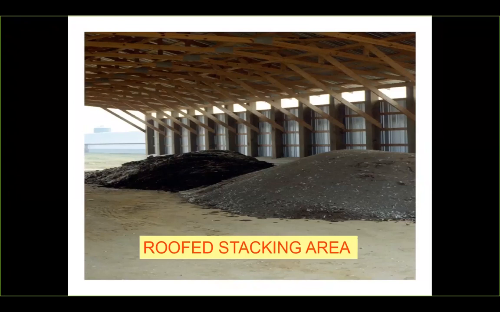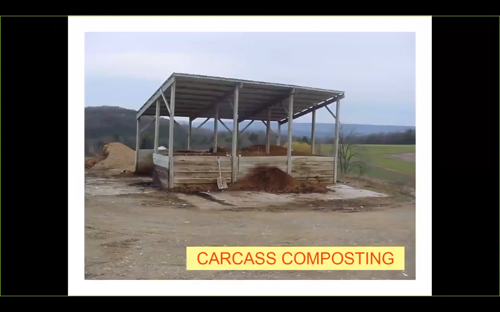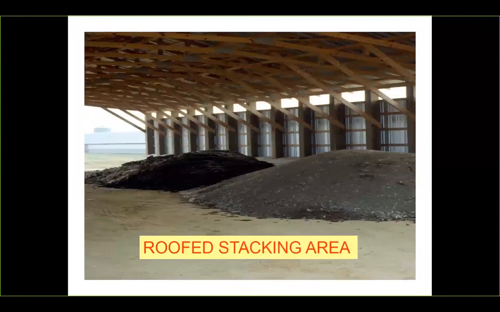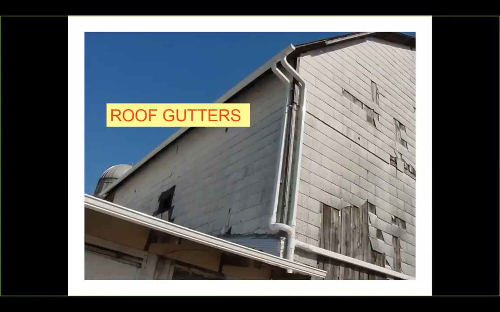I don't see any questions. Okay. So this is just a bigger version of the small animal carcass composting. This is a roof stacking area. Landowner can do some composting of bigger animals in this shed. It's a covered section, earthen floor, but nonetheless, the BMP that is selected by the planner, and sometimes if they bring the engineer on early enough in the process, can help to provide a better solution to the landowner if we get involved earlier. Some of the things that we do are roof gutters as well,